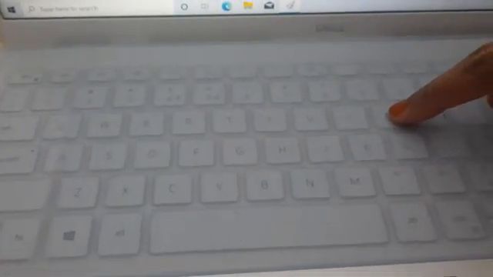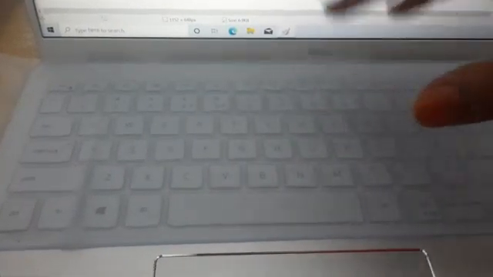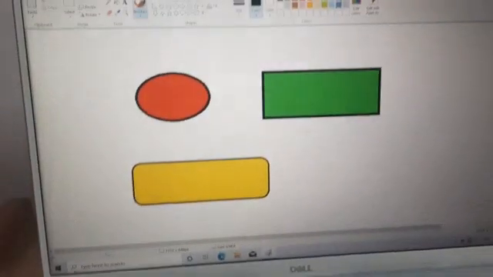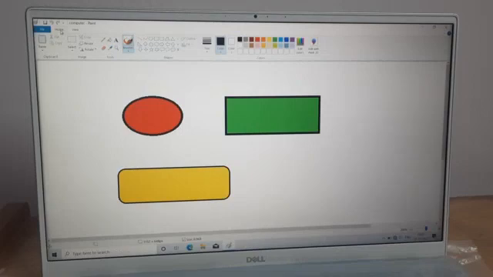And similarly, if you want to open your file, then again you will press the Control key plus O. Here it is. So with one finger you will press this Control key and with one finger you will press this O. If you press these 2 keys together, the Open dialog box will appear and then you can open your drawing. Okay, so it's very simple. So just try it by yourself.